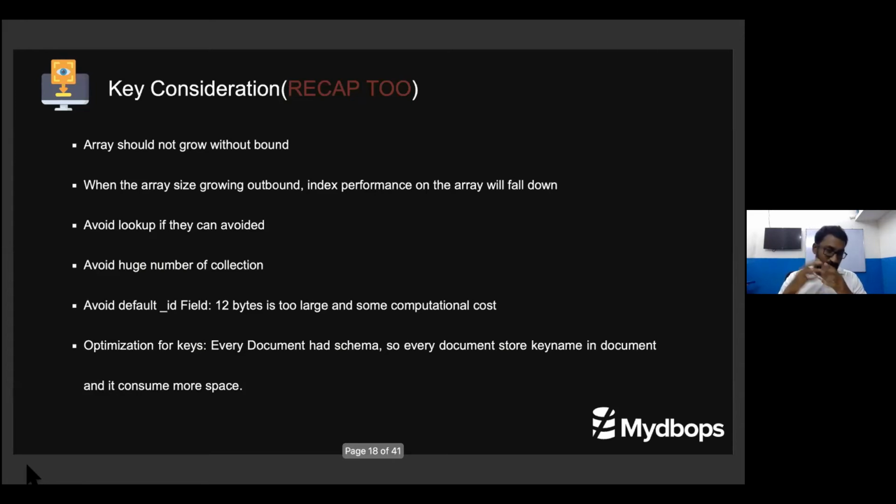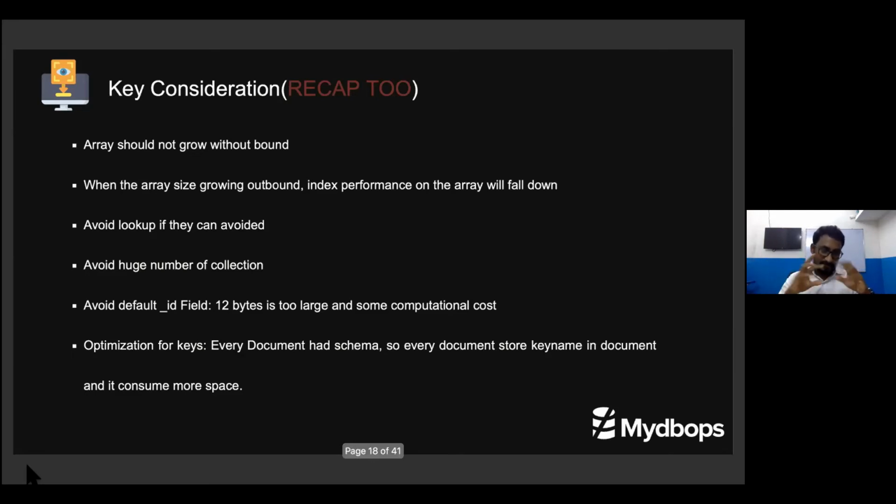Unbounded means this: everyone knows MongoDB's document size limit is 16 MB. If the array is growing and you are doing very frequent operations on the array, the index performance also falls down. That is a very important thing. The traversal of the index will be affected more. Even though I have an index, people will tell me that my index performance is low. The two things you need to check are whether they are using arrays and how frequently they are hitting the array, and then, parallelly, the index performance goes down.